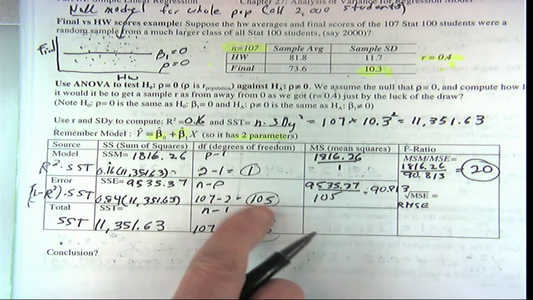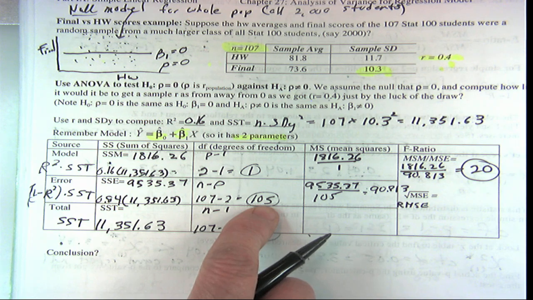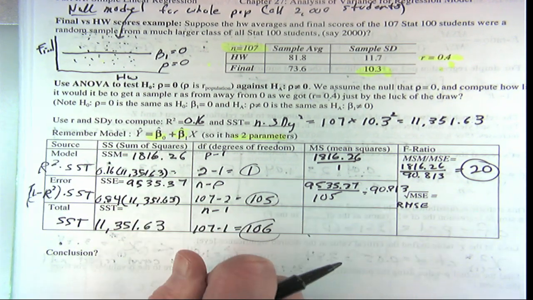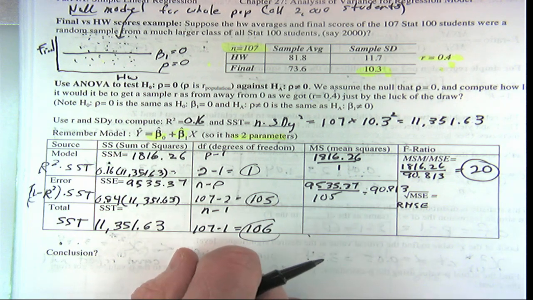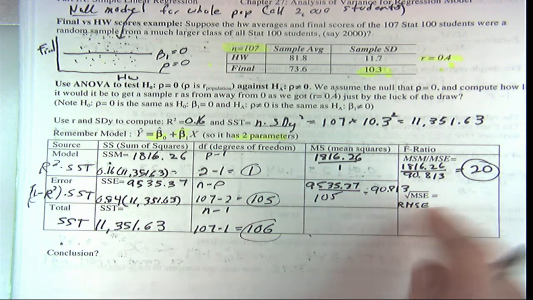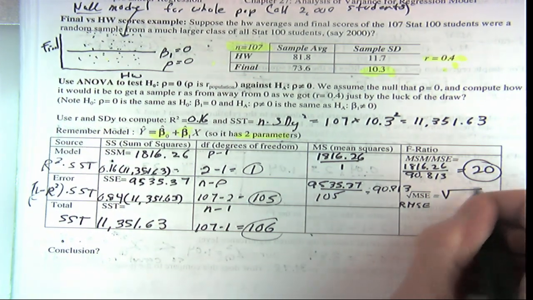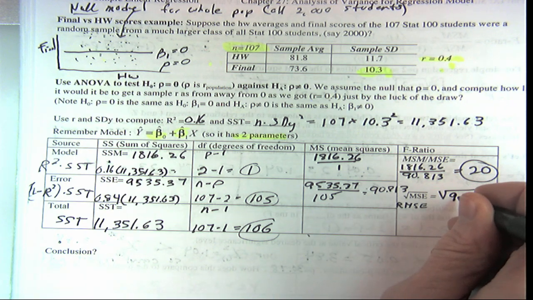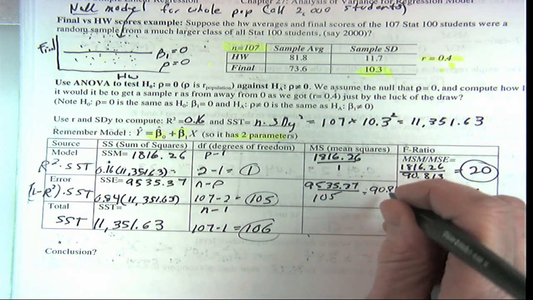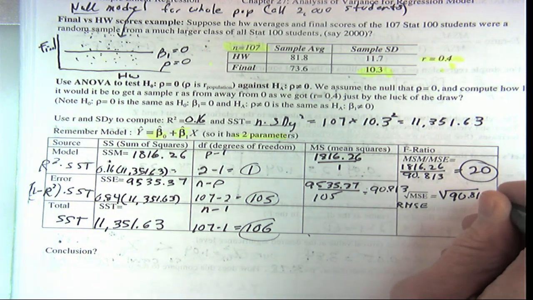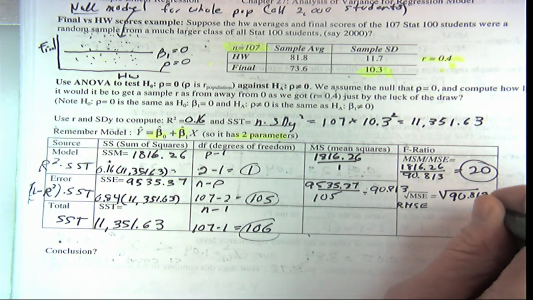And this is like the standard deviation of the errors. Anyways, so this right here is the square root of 90.813,